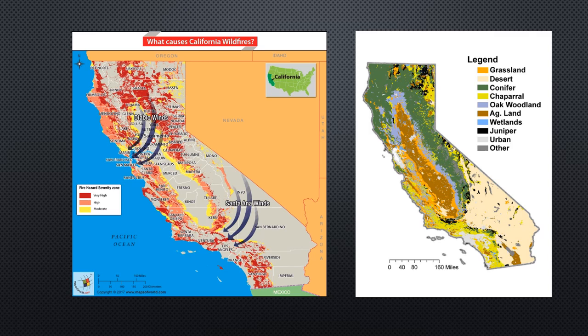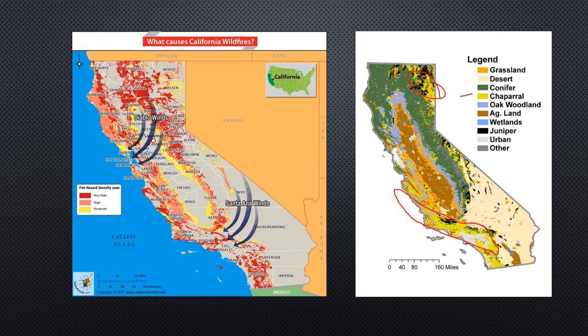So what causes California wildfires? Because we do hear about it a lot, right? So I just wanted you to take a look at some of these maps and where the fires have been located and the types of biomes that we see. So we start with our chaparral. Let's start there. I'm sorry, let me find my pointer. Okay. So the chaparral on the image to the right is in yellow. So we have that here. We have that all down here. And so often we have